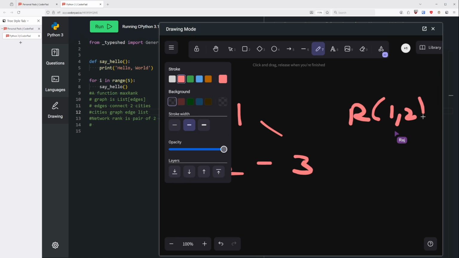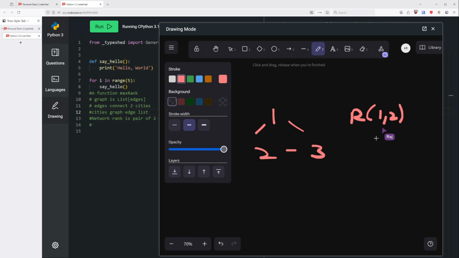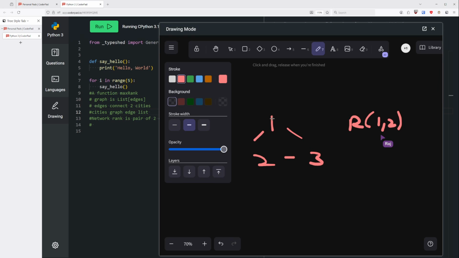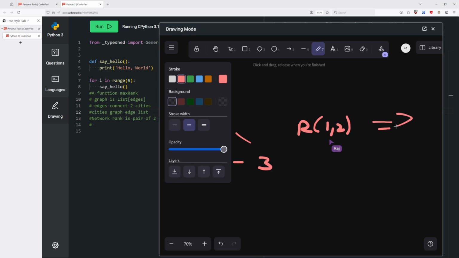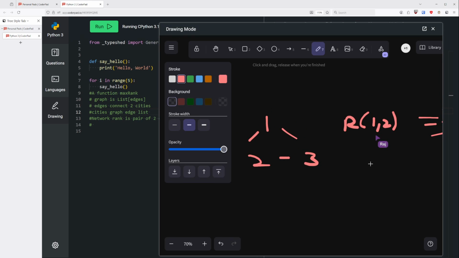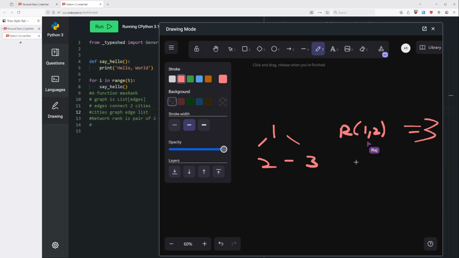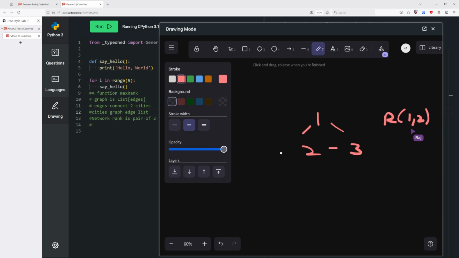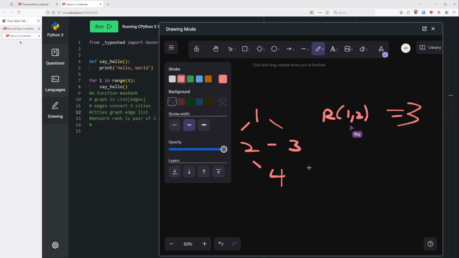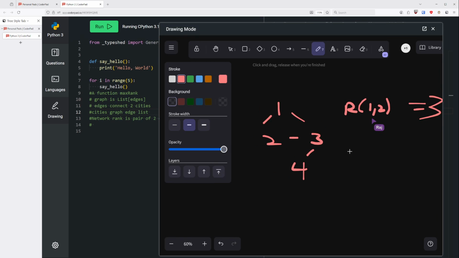of 1 and 2 is the total number of nodes that those two nodes are connected to in aggregate. So in this case, 1 is connected to 2, 2 is connected to 1, and they're both connected to 3. So this is 3. Okay? I'll add another node over here. The network rank